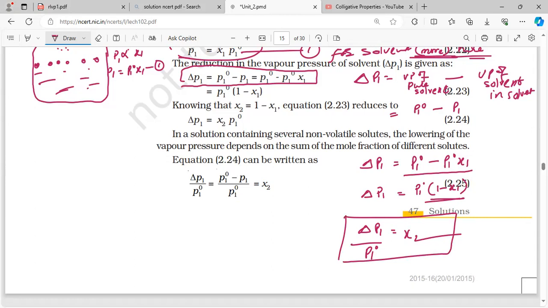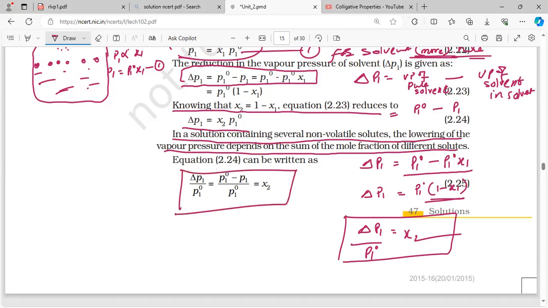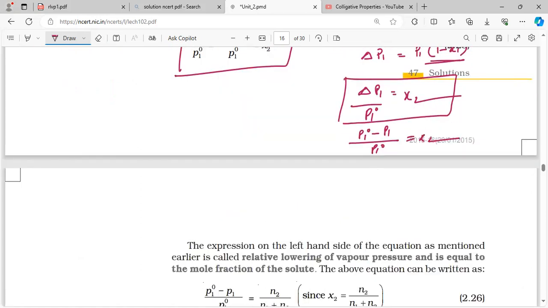So let us read this one. Knowing that X2 is equal to 1 minus X1, in this one they have kept delta P1 equal to X2 P1 naught. In a solution containing several non-volatile solutes, the lowering of vapor pressure depends on the sum of the mole fractions of the different solutes. So this is the equation that is going to be formed: delta P1, that is P1 naught minus P1 divided by P1 naught, is equal to X2. Here if you go into a little more detail, P1 naught minus P1 divided by P1 naught, and here X2 means